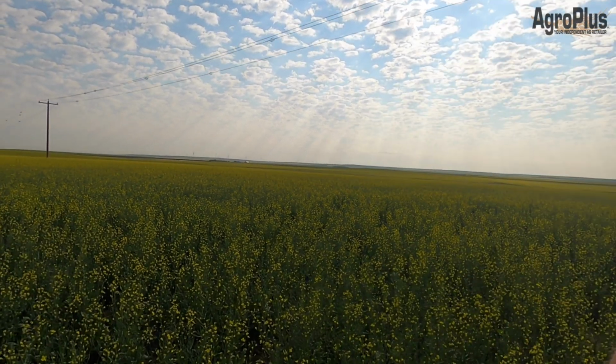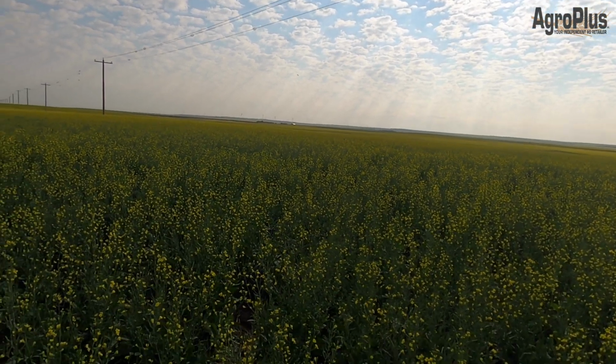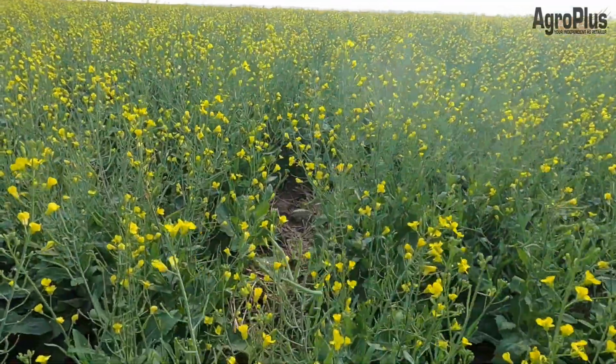Well, welcome back, folks. It is now Monday, July 12th, and I'm out here in some dryland canola. The canola is looking a bit better this week. It really did benefit from those cooler temperatures and some of those showers we got last week. So it is continuing to flower, it is continuing to set pods, but you can really see how the conditions